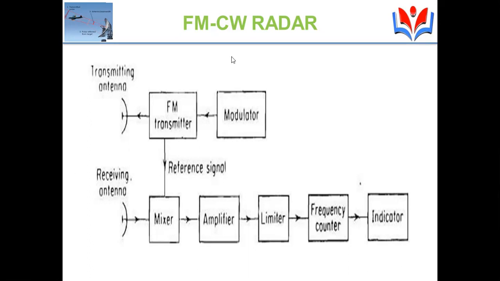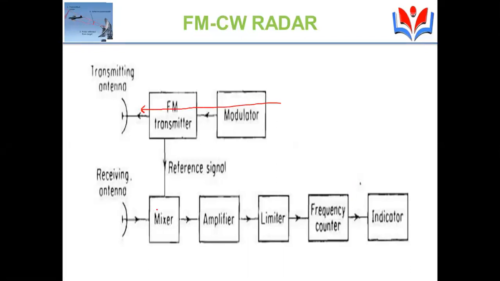Here in the modulator, we have the message signal as a triangular signal, and the continuous time signal is a high frequency sinusoidal signal. That high frequency sinusoidal signal, frequency modulated, is given to the FM transmitter, which transmits the FM modulated signal through this antenna. So this is one setup that is called the transmitter section.